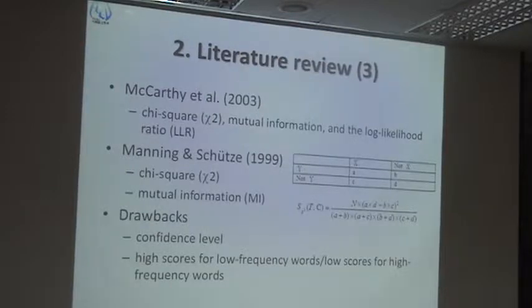So I just talked about the chi-square, and for the mutual information, we can know whether the two words are independent or not. But there are some drawbacks of these statistical methods. The first one is there's still some error that might occur with respect to the confidence level. And the other